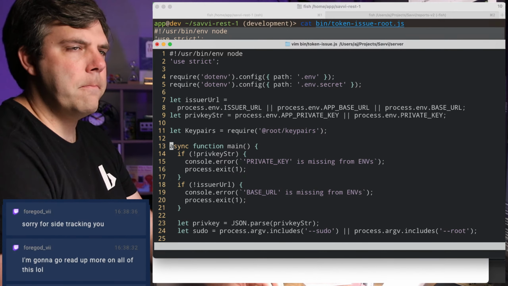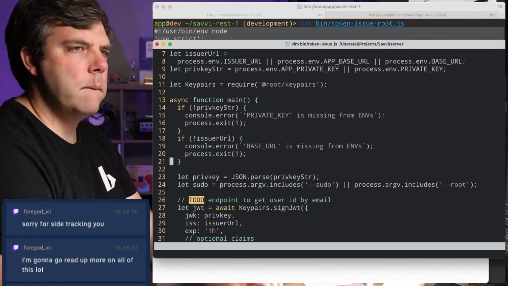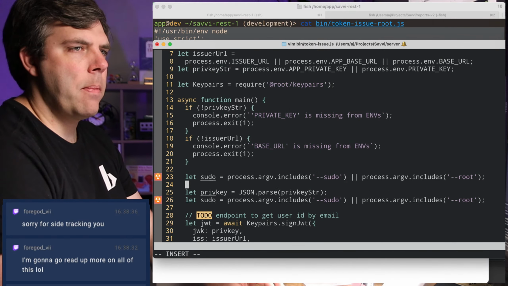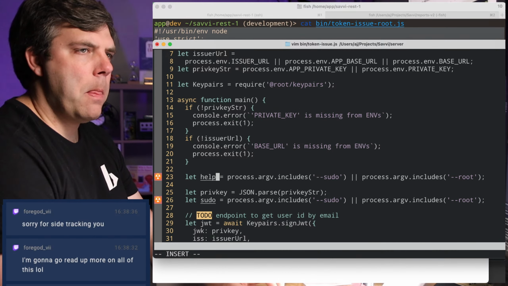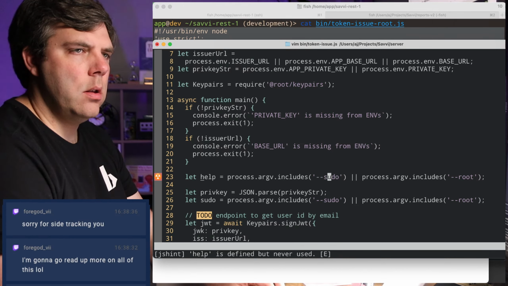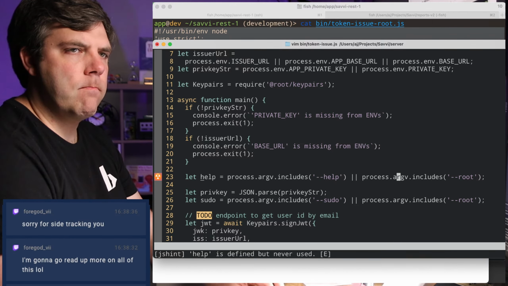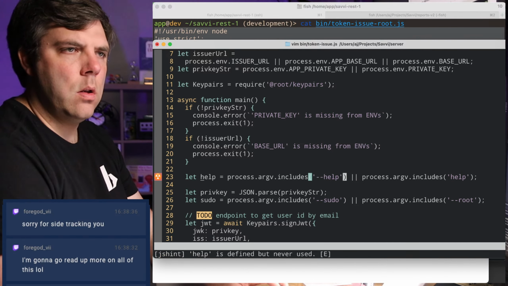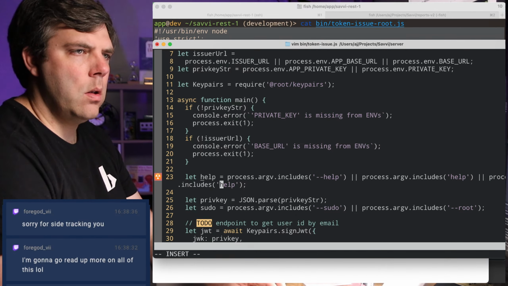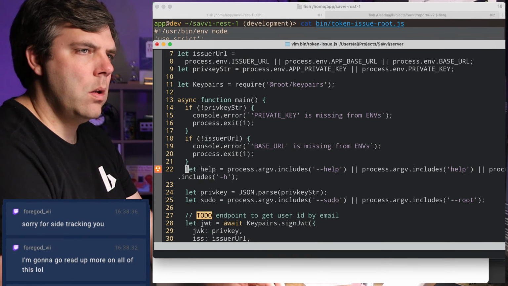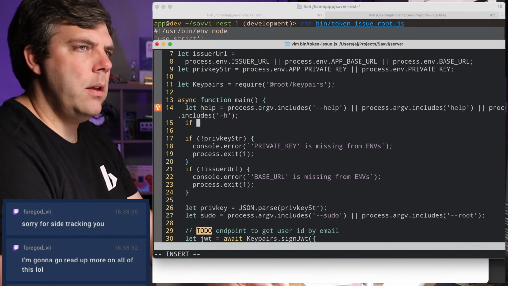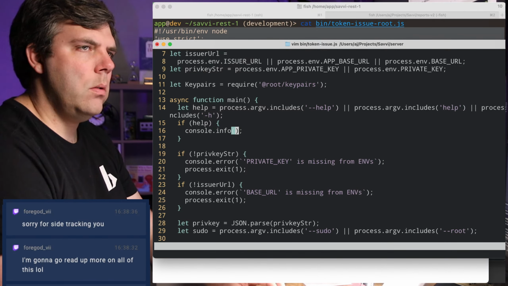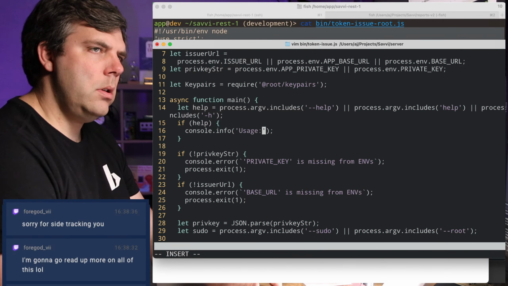Let me put a little usage up here. There we go. And then we'll say if help, console.info usage.